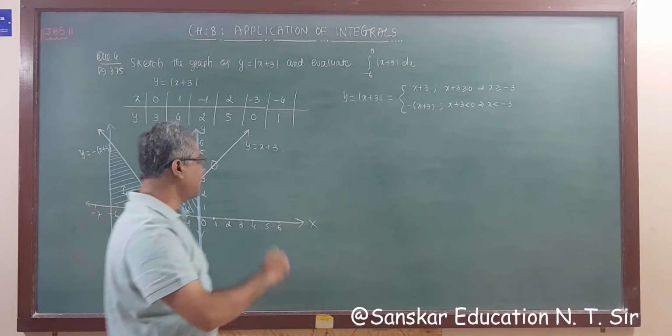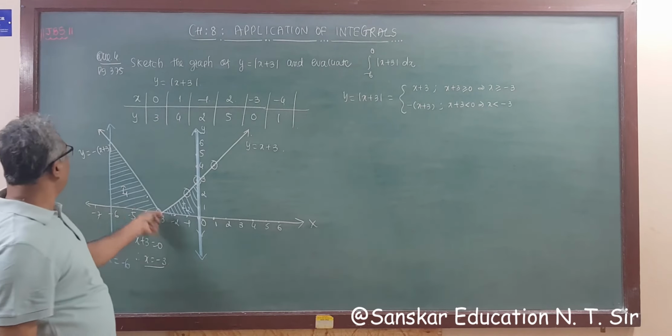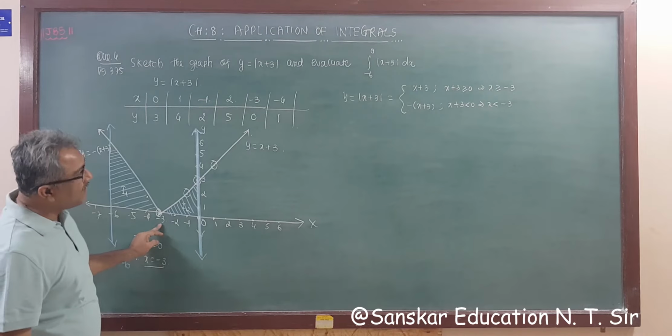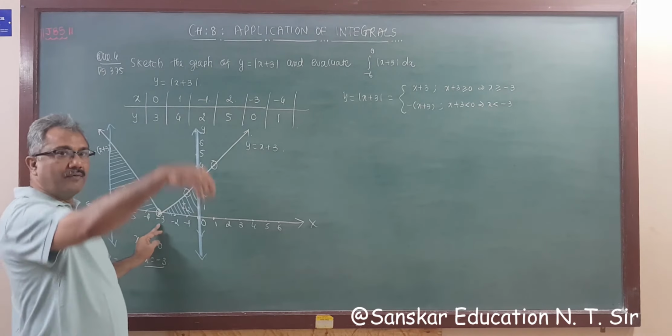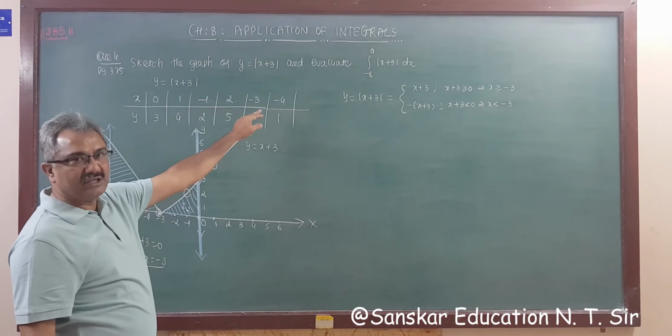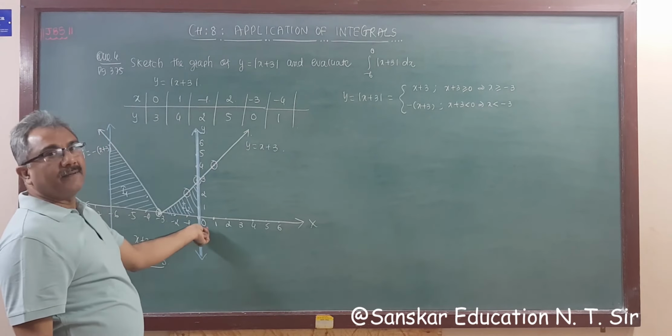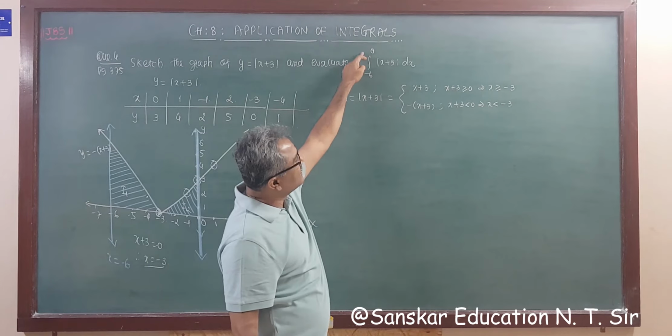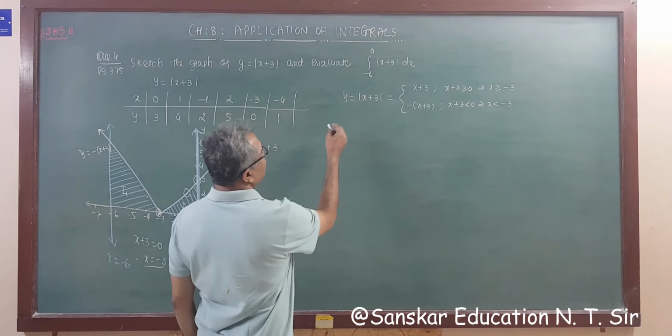So if x is less than minus 3, we get minus, as I showed in the figure, and when x is greater than minus 3, the answer will be positive. But we have to consider the limits from minus 6 to 0, right? So as shown in the figure,